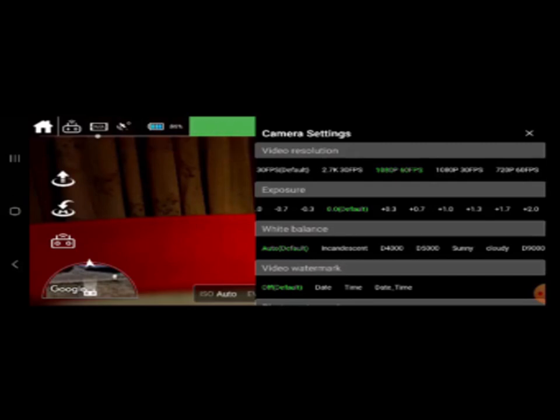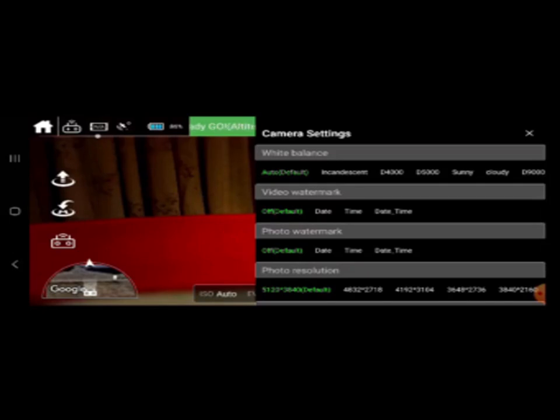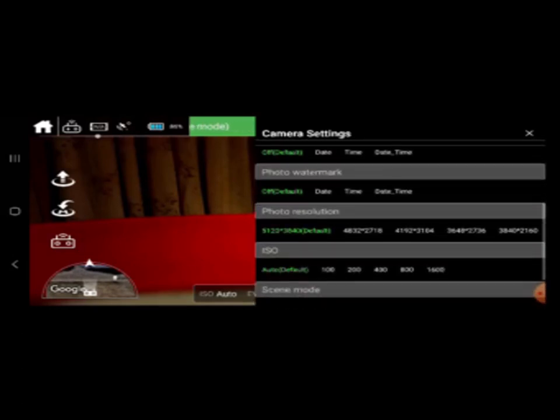Maybe it will stop glitching out on me. Exposure. What's this? I'll just leave it at default. Yeah, that's the amount of light you get. Light balance. I'm just going to leave that as auto default. So where was it recording? Was it actually recording on the drone? Maybe that's why I couldn't see the video, because it was recording. So I need to go back to